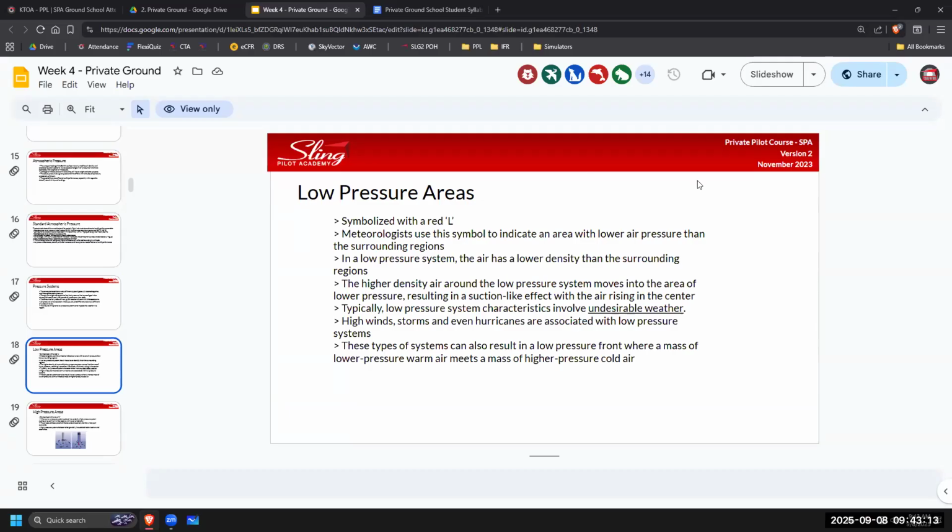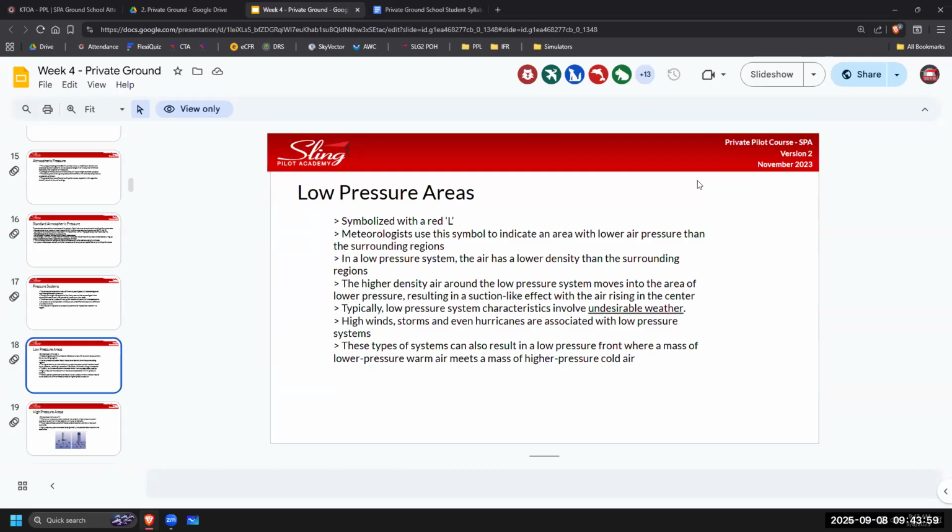I wish I could go to AW stuff. This is one of your approved weather resources. If you want to go ahead and bookmark this website, it's aviationweather.gov. This is where you're going to find all of your charts to look at. Okay, everyone see the blue H's and the red L's everywhere across the US. Right now, we're talking about low pressure systems, so that's going to be all these red L's.